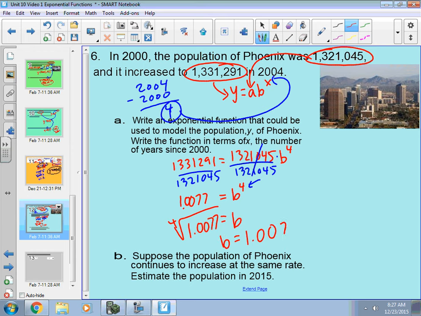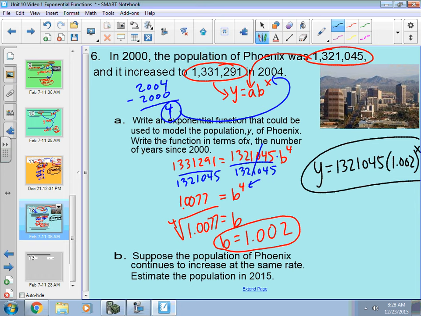So pretty close to 1.002. So there's our b value. Now we can write our function out. It's y equals our starting value was this one, our b value is 1.002, to the x power. So there's our equation. Now we can answer anything, like on part B, they asked us what's the population in